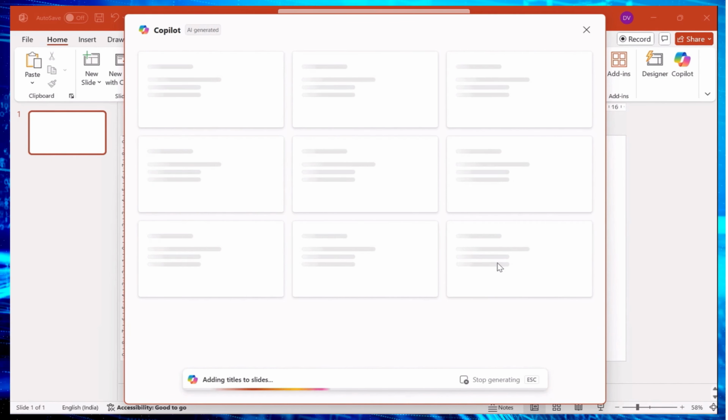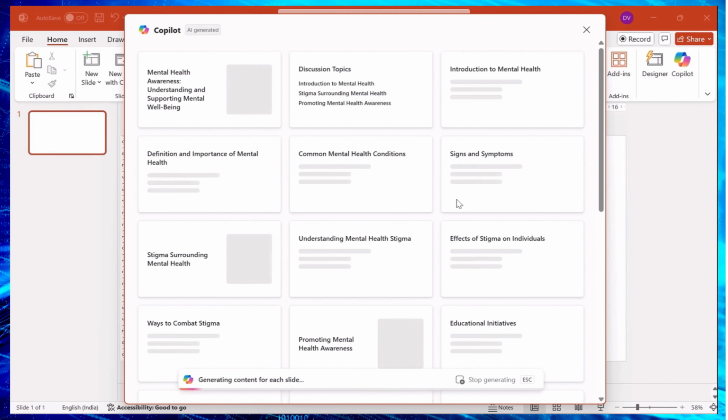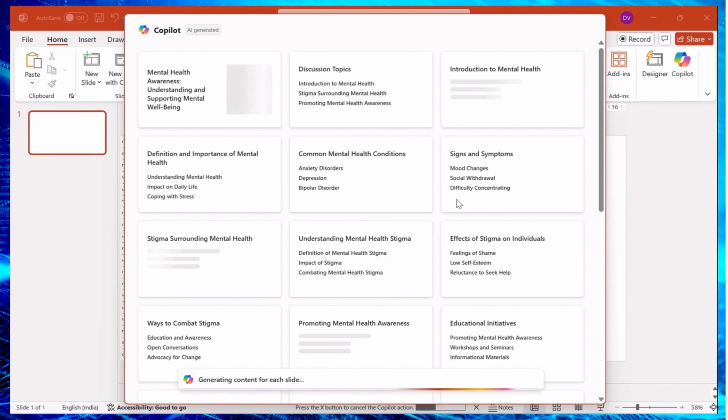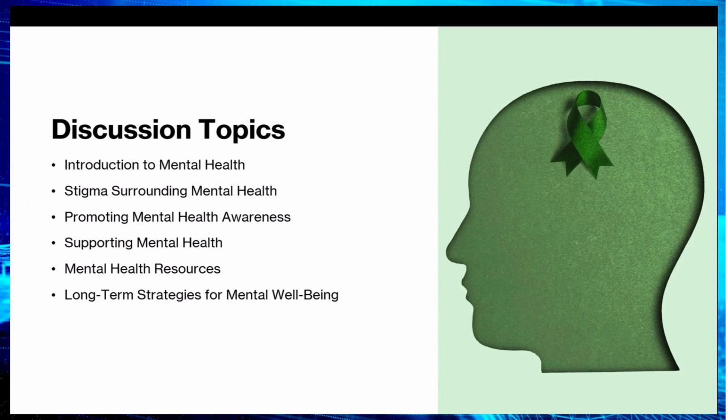Always think of Copilot like your intern. It does the heavy lifting for you, and you will shine. It's generating images, bullet pointers, headings, and so on and so forth. It will take some time, and there we go. Now we are seeing it in this way. However, if we click on this option, we will get these options available like this. I'll simply click on this play button and we can see